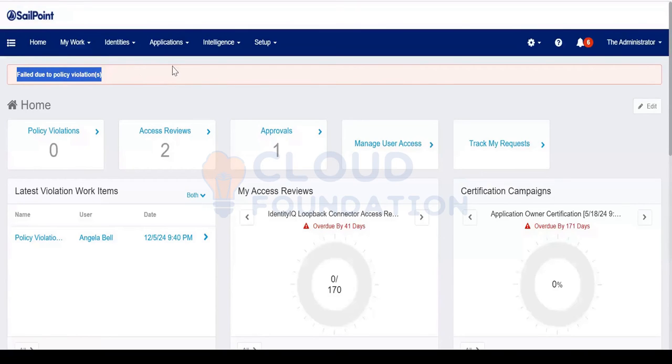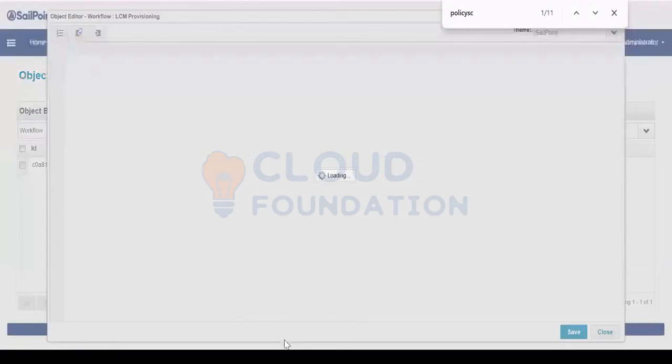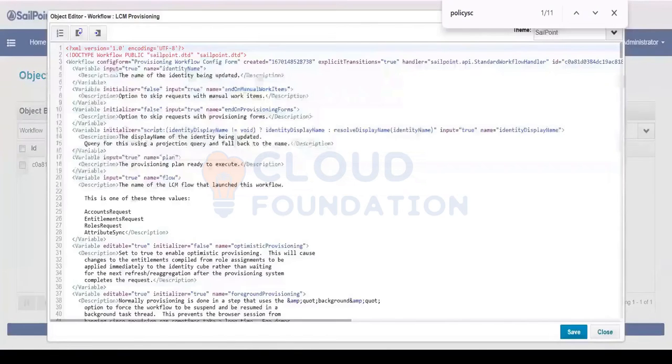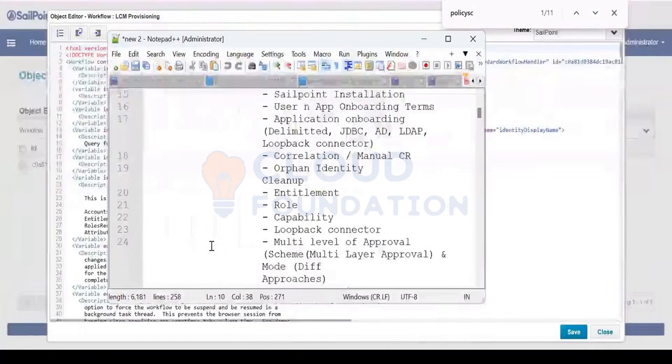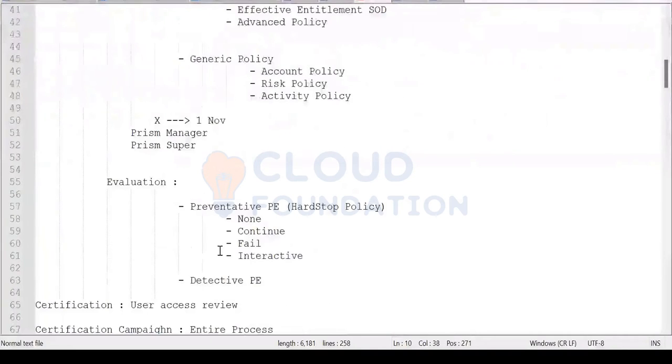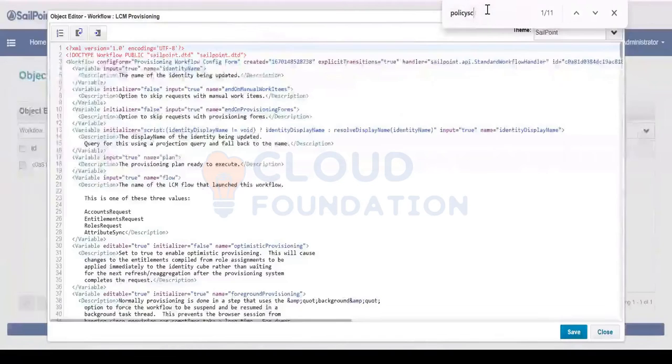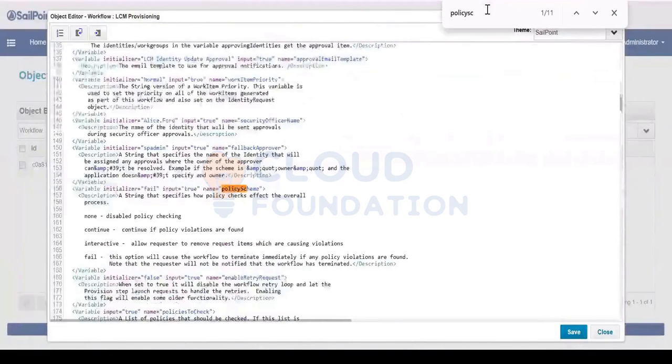I'm going to submit the access request. That is the third approach. The fourth approach is going to be interactive. Interactive means SailPoint will provide an opportunity to the user to remove any one of the accesses.